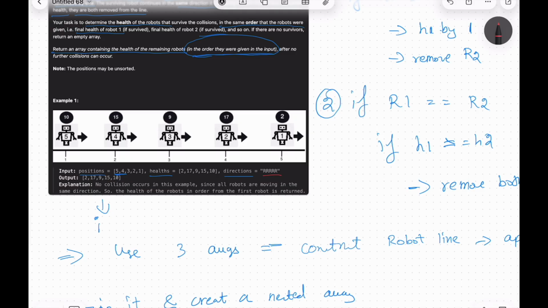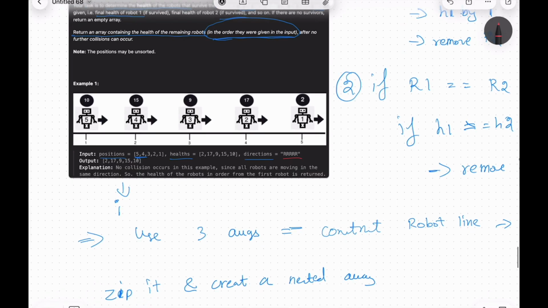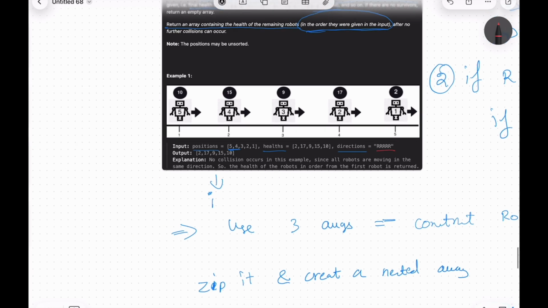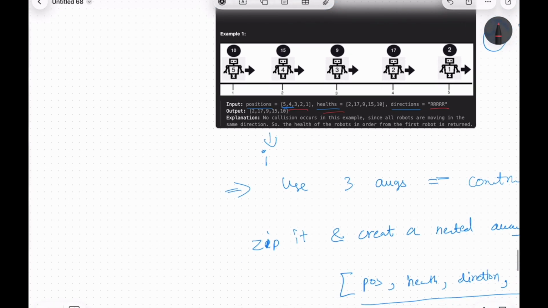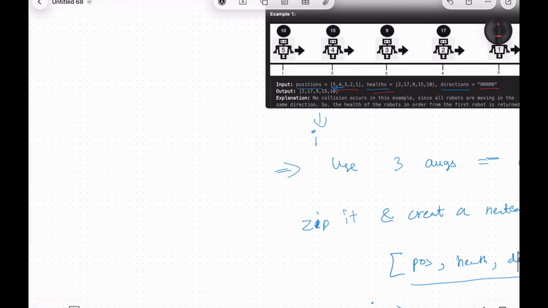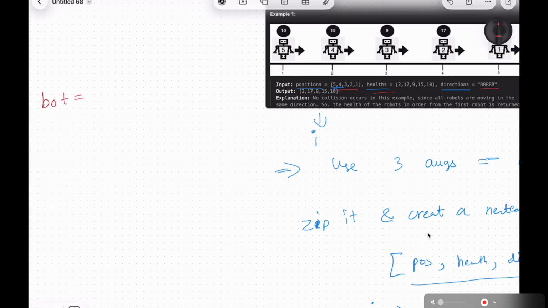So first thing is you have to construct by using zip, right? And you have to construct an index also. So what we do is we will take all these values and construct the zip value. With that, we will name it as bot, and bot will be equal to